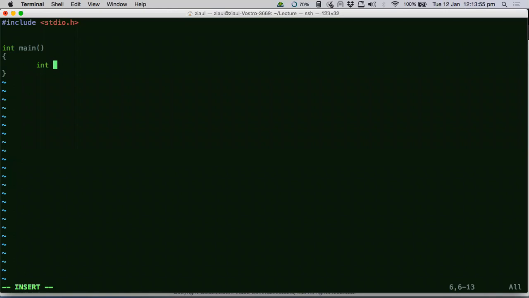So I will just ask you some questions here. Let's say you have declared an integer variable, and what can you store in an integer variable? You can store the number 12, right? But then I want you to store more than one type of data in this variable. I want you to store a float. I also want you to store a character. I also want you to store a string. Do you know of any way in which you can make this possible? Can this be possible? Tell me.